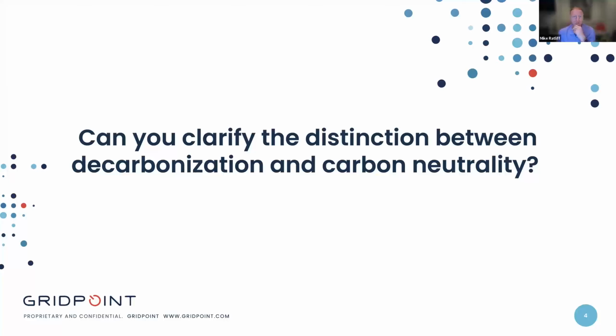Yeah, I think there's an interesting terminology thing happening where not everybody is 100% in agreement on what some of these base terms mean. And that slide you've got up maybe hits on one of those common misconceptions, decarbonization versus carbon neutrality. The way I like to think about it, and it's nothing special, is that decarbonization is the goal that we're all trying to drive towards, of actually limiting the amount of carbon that we put into the atmosphere, where you might think of carbon neutrality as more of a